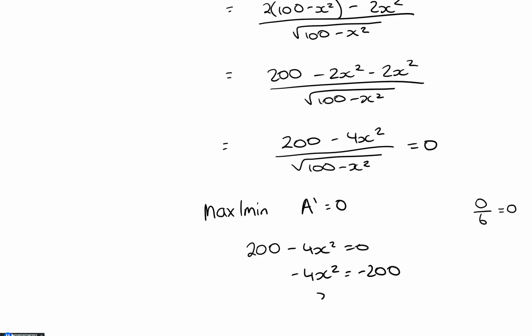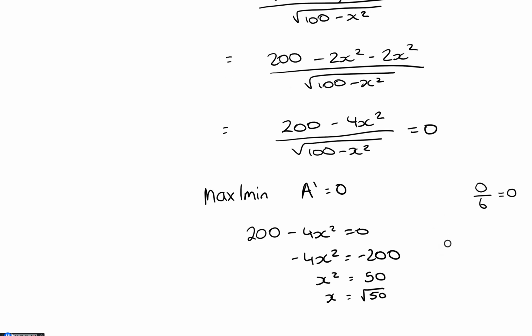We could have factorized first, but it doesn't matter. So x is going to equal root 50. And in this situation, it's not going to be positive or negative root 50, because x is talking about the length of a rectangle, so we'll leave it as just root 50